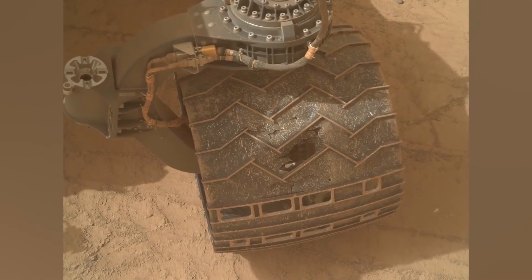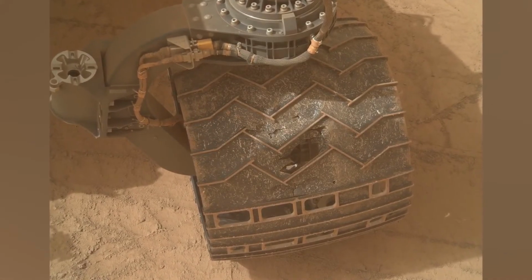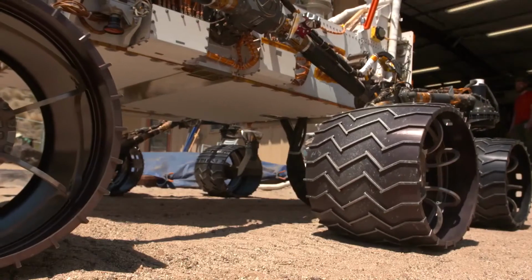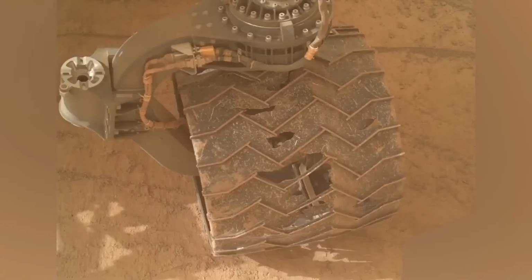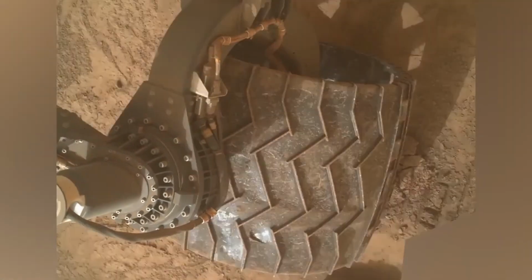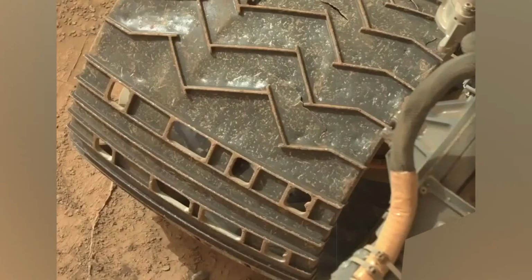The original one Mars year window and the few kilometers they were expected are now surpassed by a lot, but you can really see these 28 kilometers on the wheels and on the material. In the beginning, everything was fine, but after a time there were small dents and small holes, but these also weren't very concerning. But over time, as the mission progresses and even after the original mission window, these holes got bigger and bigger and are now so-called grooves, which are parts of the wheel that are lost,